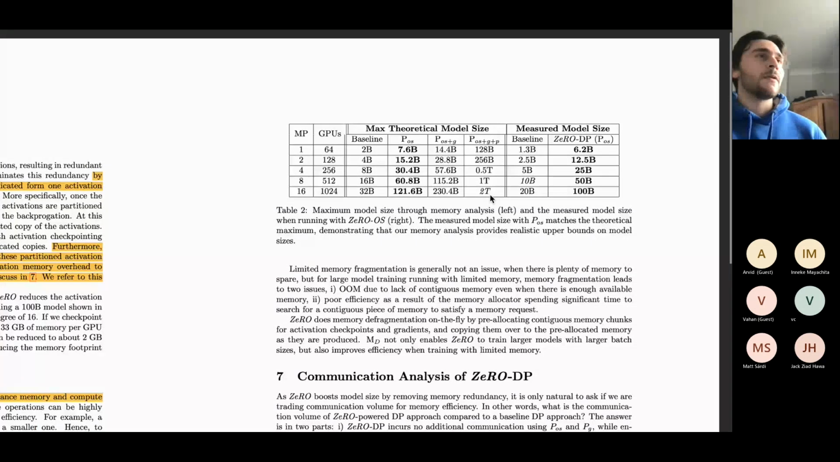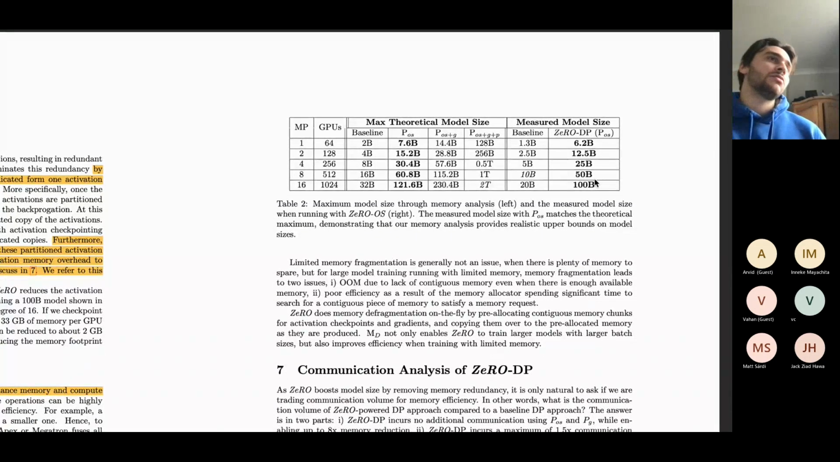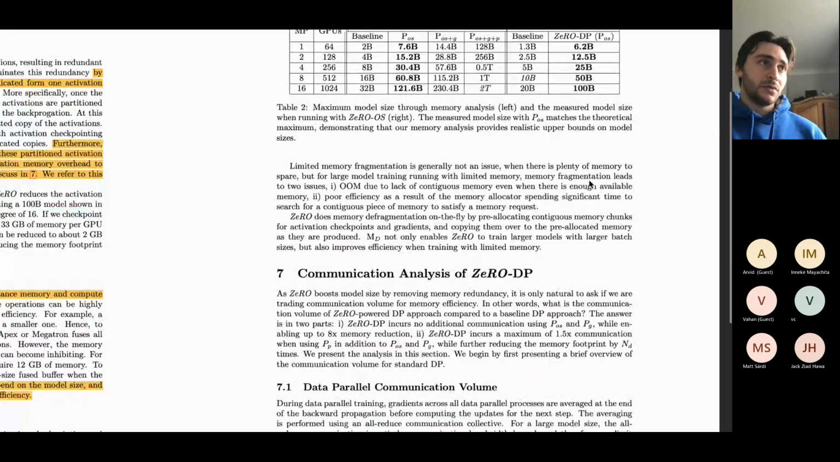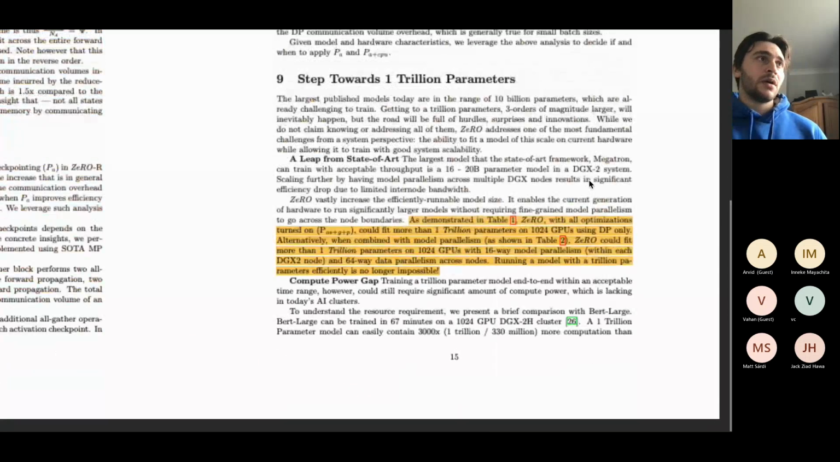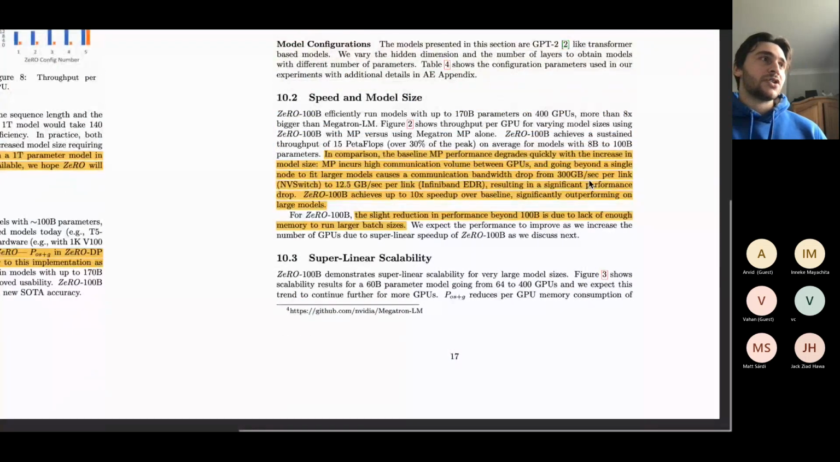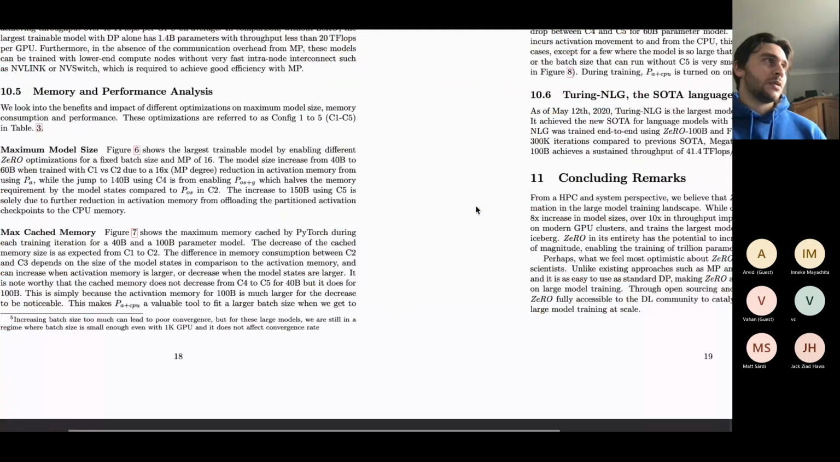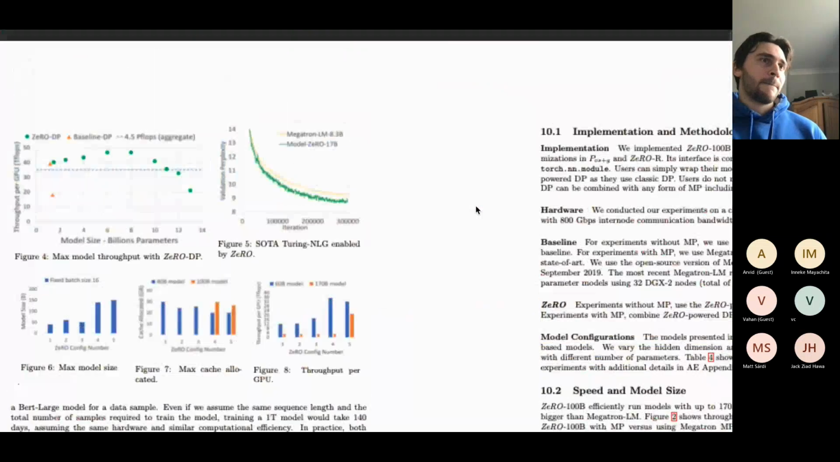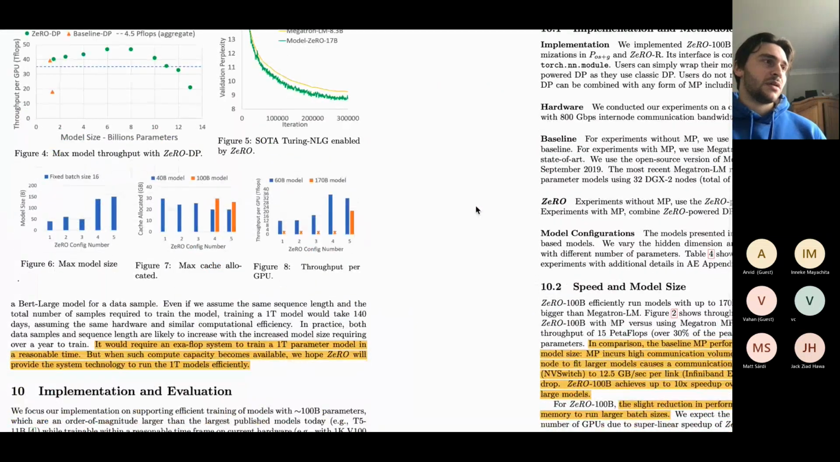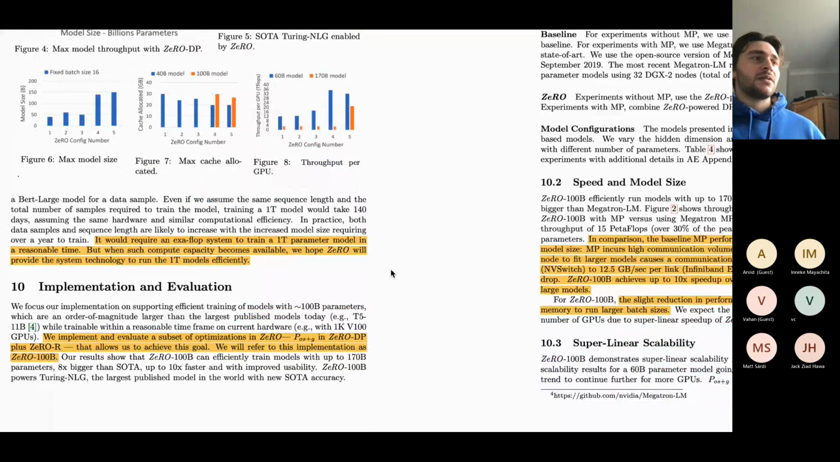Yeah, 20 times larger. So that just shows you how large the models are that they're able to train. And in the results section, they do say something that I think was interesting, which is they point out that their method is